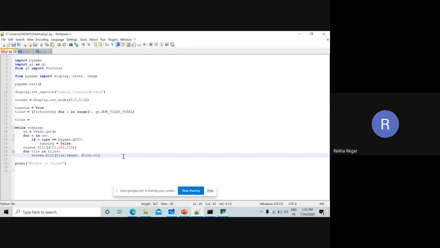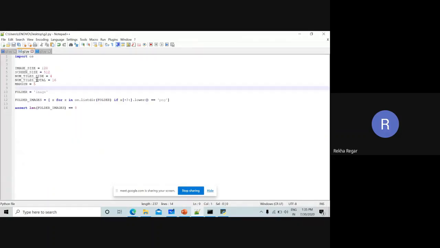After that we multiply by whatever the image size is, image underscore size, which is inside this G2.